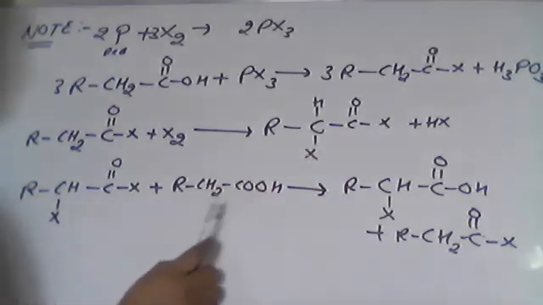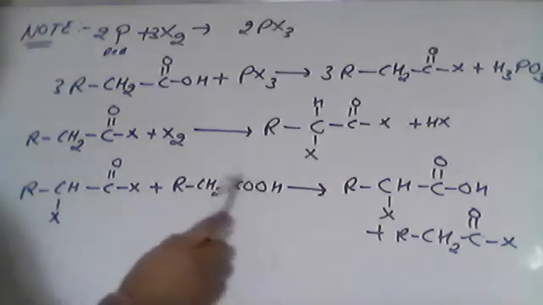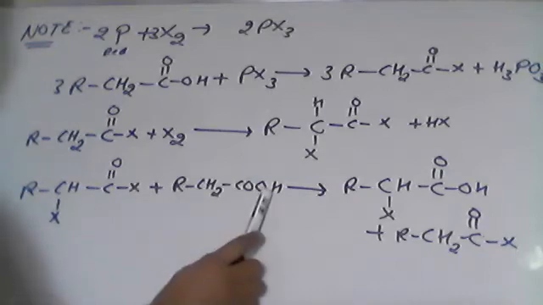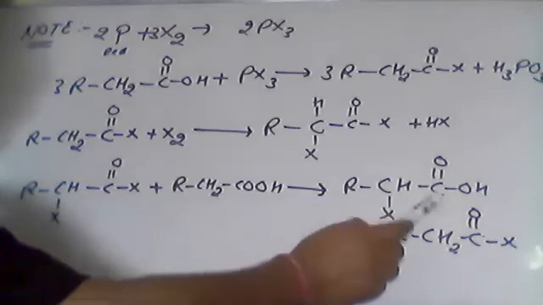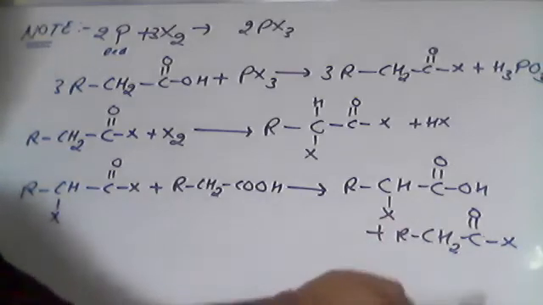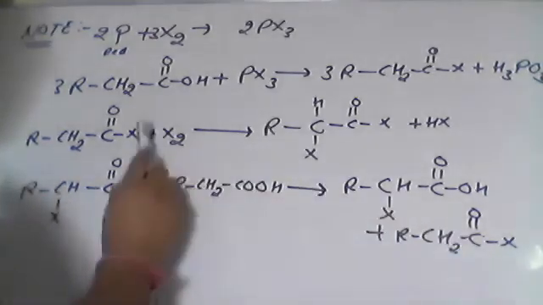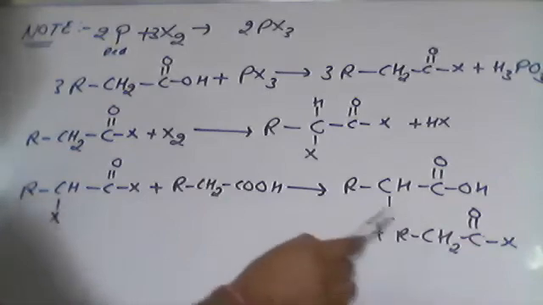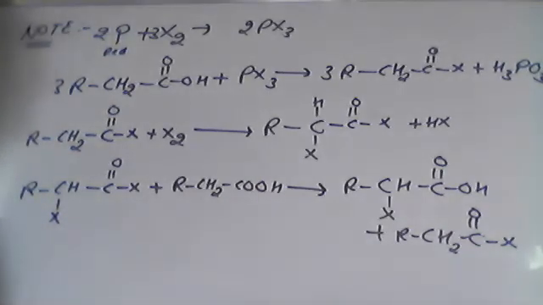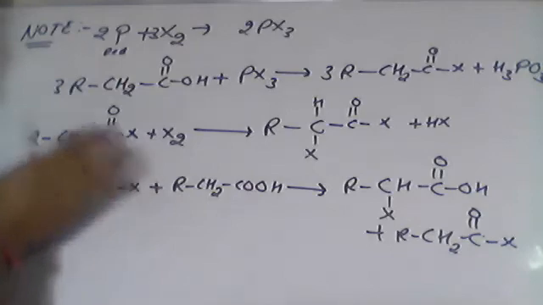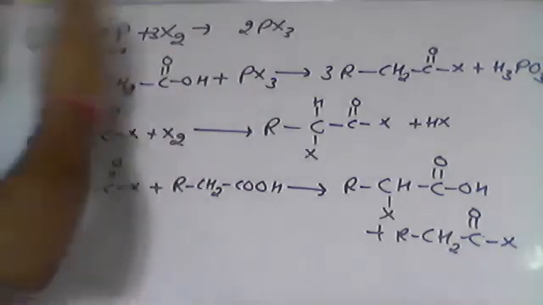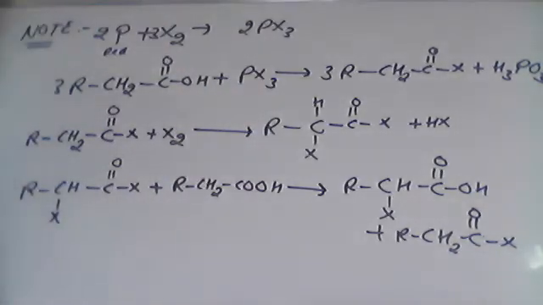So the next molecule is going to react with it, and this X is now replaced by the OH, or X is gone here, it will just replace this OH group, we will get the carboxylic acid, this one, and again the same reaction. Now this one again is going to react with the halogen, again replacement will take place, and the process we can just continue. This is the Hell-Volhard-Zelinsky reaction, and it is basically the use of your red phosphorus.